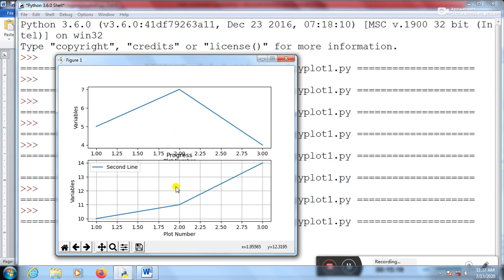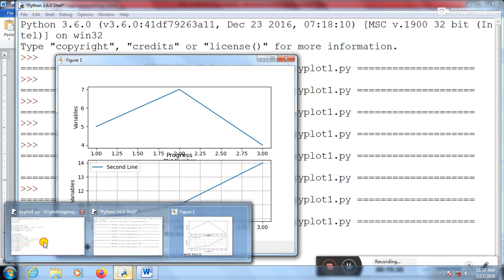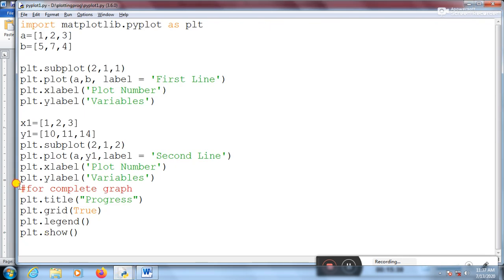That means these things we are doing for a complete graph will be used for each and every subplot. For subplots you have to provide whether you want to display a legend, and what you want to display for individual subplots.